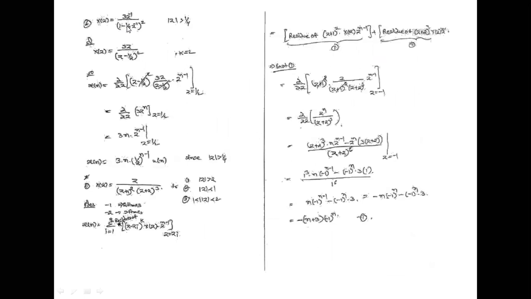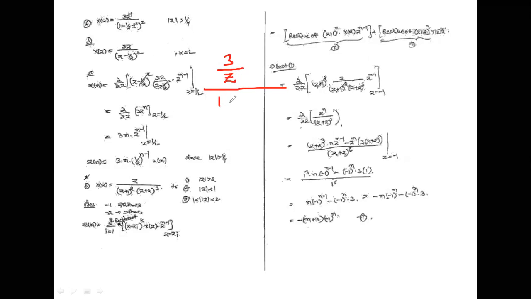3z inverse by 1 minus 1 by 2 z inverse whole square. These we already discussed in the last class, but once again I am explaining. So what is the power here? The 2. First of all, the given negative powers of z are converted into positive powers of z. So 3z inverse means 3 by z,